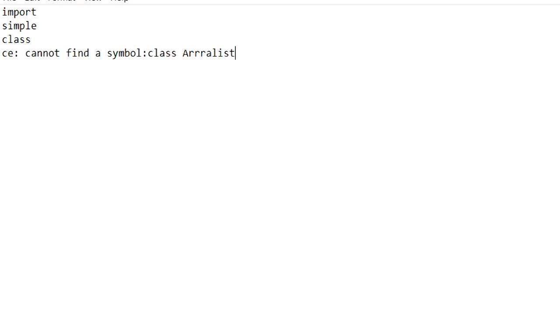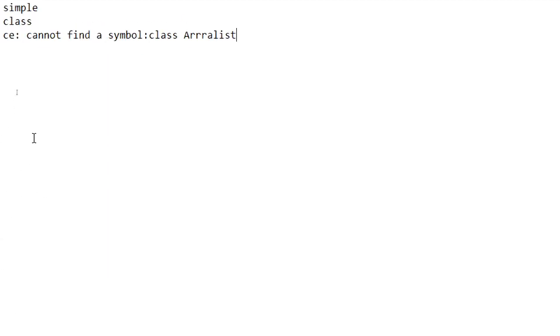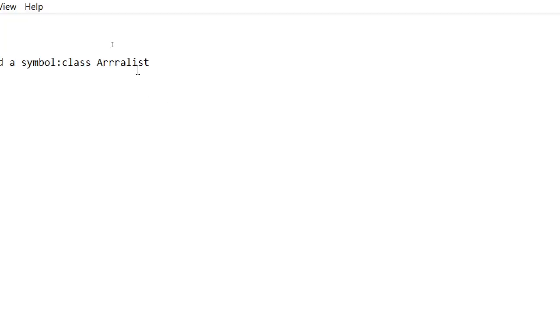This type of error is coming in location class Test. First of all, why? Because that class is not available to it. Because of that, this error is coming.